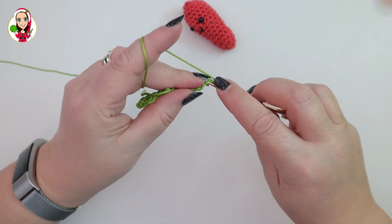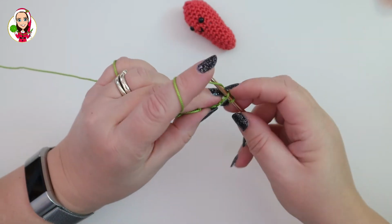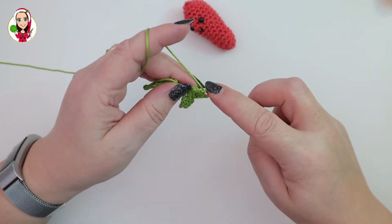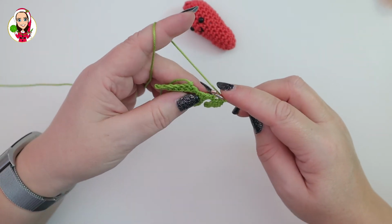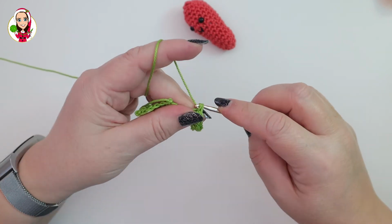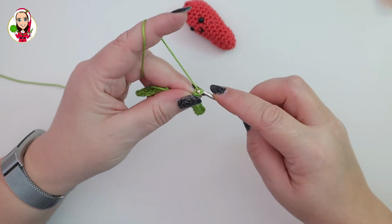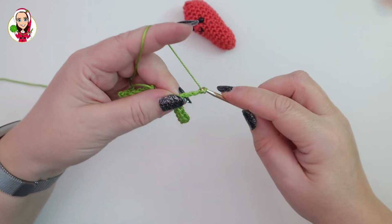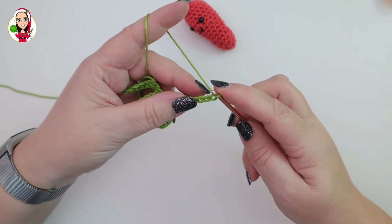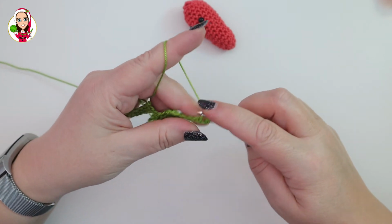1, 2, 3, 4, and 5. Then we're going to do another chain 7, 1, 2, 3, 4, 5, 6, 7, double crochet down that one, so that's 1,